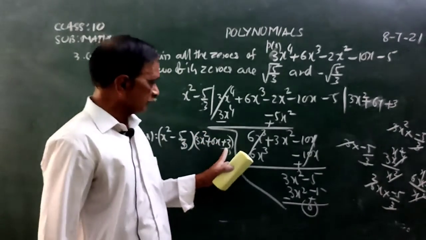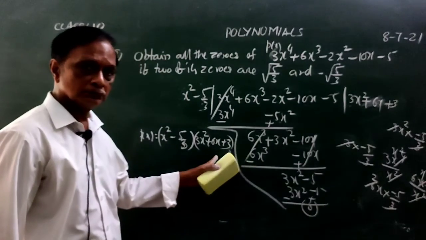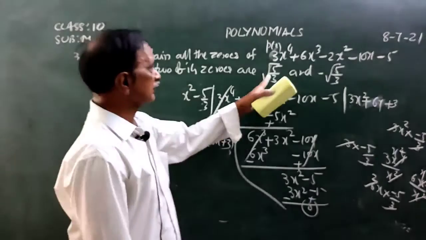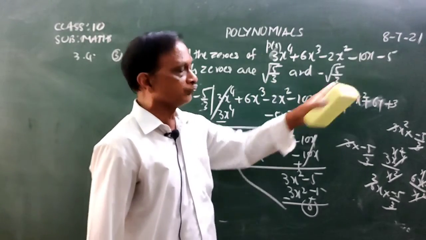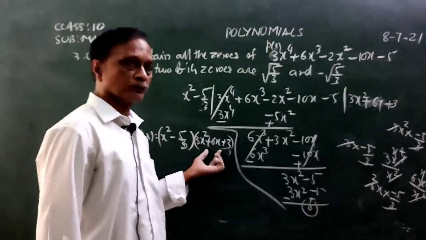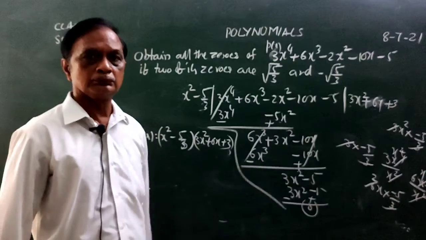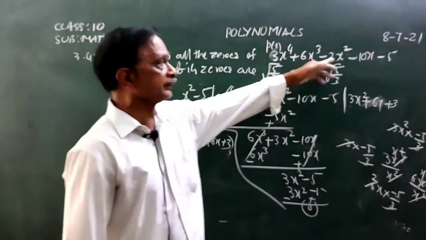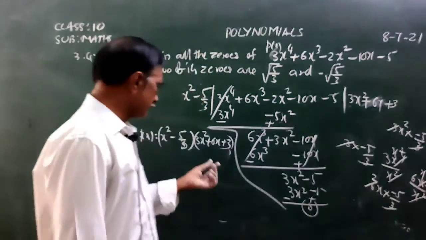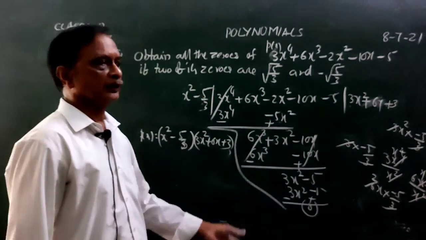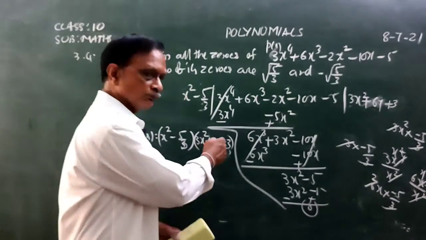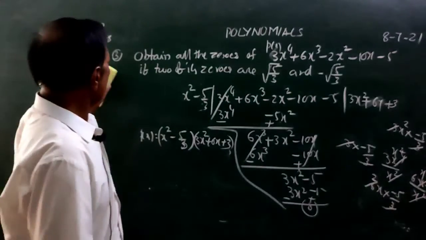Can you factor this 3x² + 6x + 3? Can you find the zeros? Try to find the zeros. Already two zeros are given. What are they? √(5/3) and −√(5/3). If you factor this one, you get factors, and by finding the zeros of those factors, you get the two more zeros. Then you get all the zeros of this fourth degree polynomial. Already you have two zeros, √(5/3) and −√(5/3). Here you get minus 1 and minus 1. See whether you get minus 1 and minus 1 for this. Okay? Now,